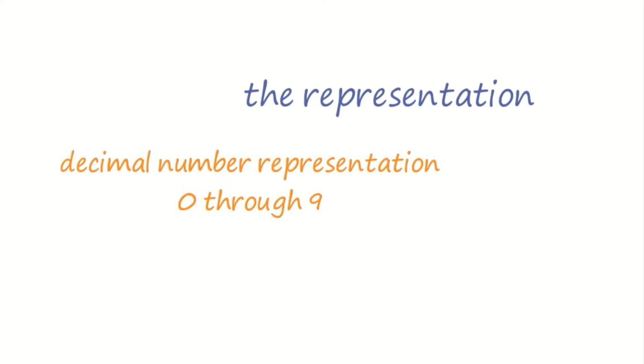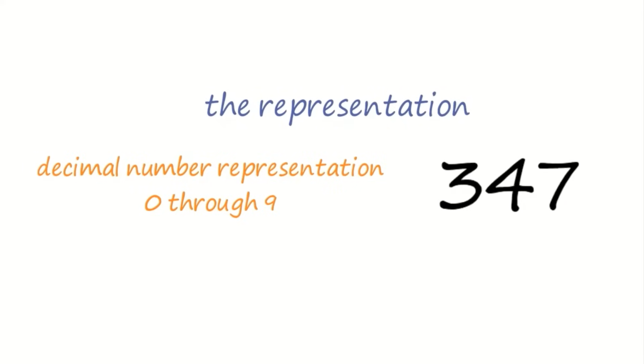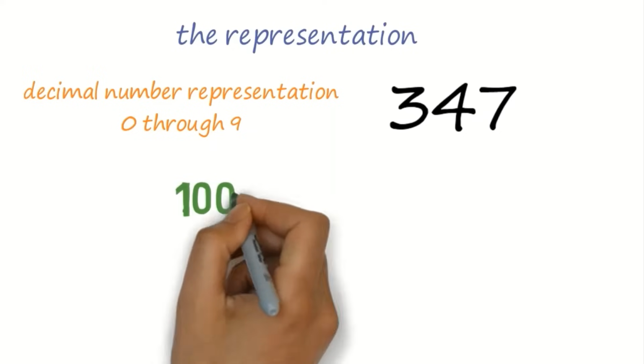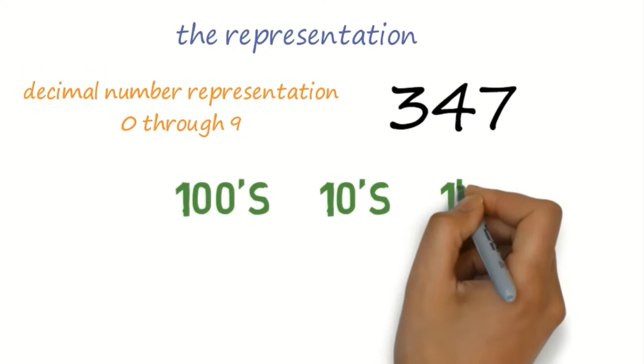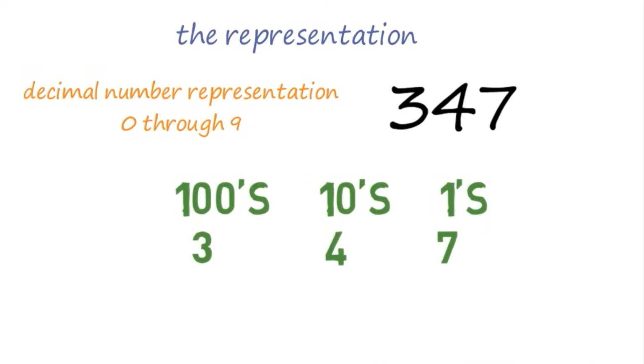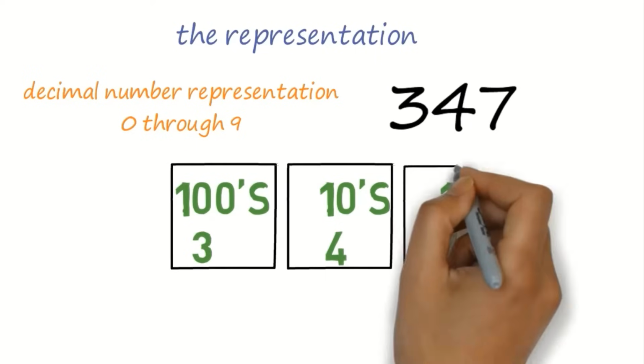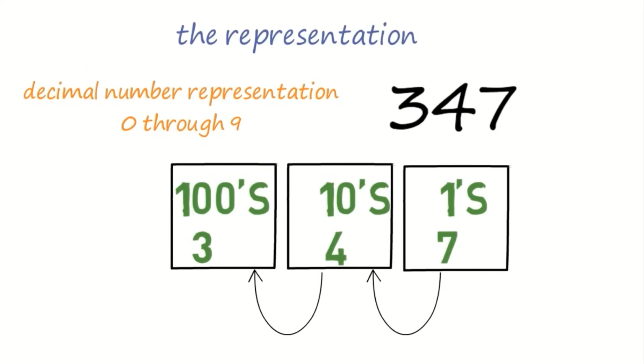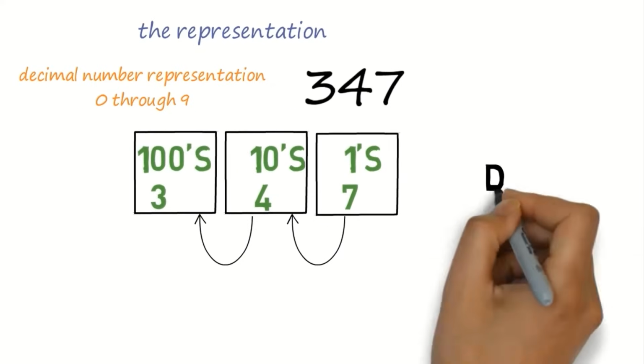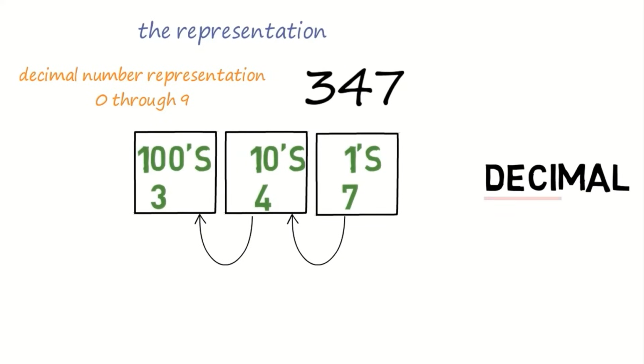Let's take an example: the number 347. What this number actually represents is 3 times 100, 4 times 10, and 7 times 1. If we add them all together, we get 347. Notice how each column has a different multiplier. In this case, we have 100, 10, and 1. Each multiplier is 10 times larger than the one to the right, just because each column has 10 possible digits to work with, 0 through 9, after which you have to carry on with the next column. This is known as base 10 notation, or decimal notation, since deci means 10.